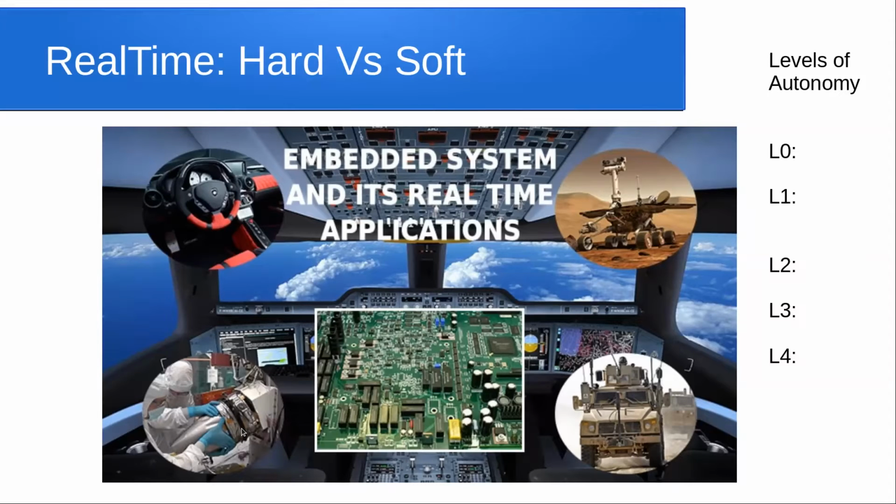These are all examples of embedded or IoT systems deployed in hard real-time versus soft real-time applications. For instance, there are real-time systems deployed in level 0, level 1, level 2 autonomy, such as autonomous vehicles. As of now in India, we only have cruise control, so it is only up to level 2,